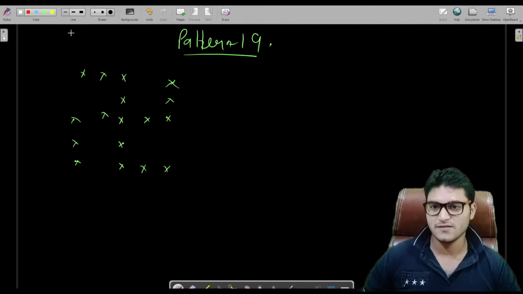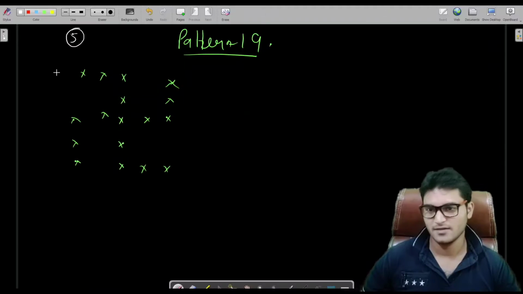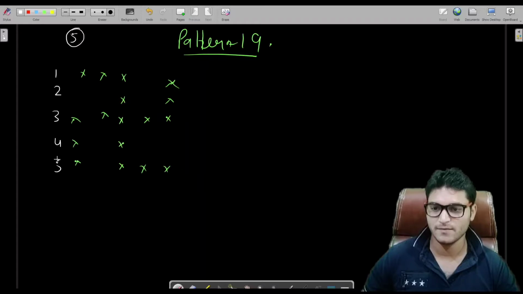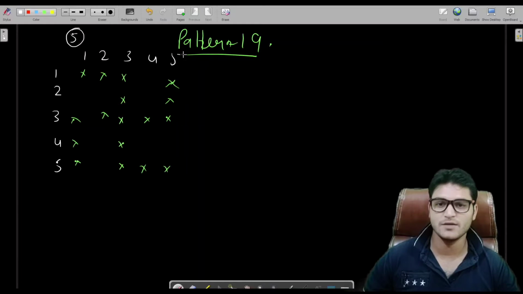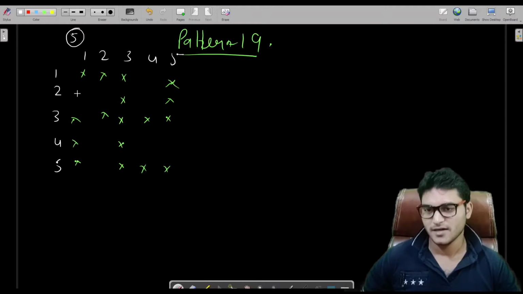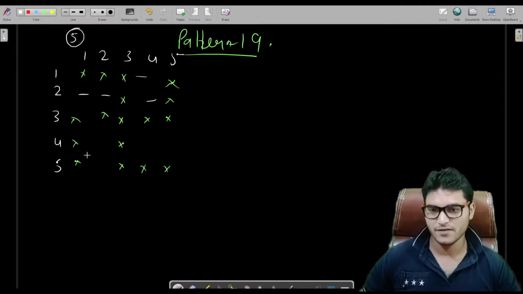So this is the 5 size pattern, and this is the first row, second, third, fourth, fifth, and first column, second column, third column, fourth column, and fifth column. Fine. So nothing much till now, and at these places we are having spaces. Fine.